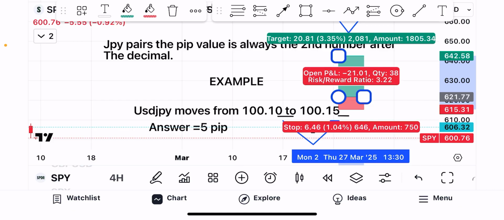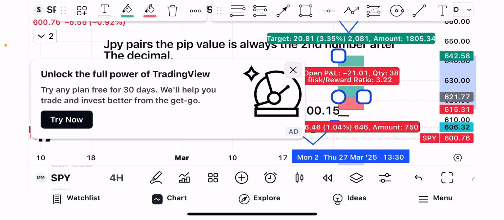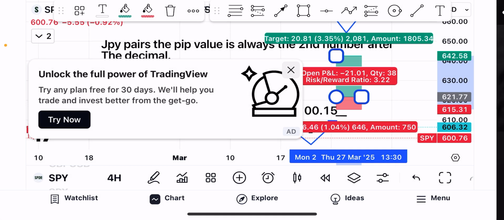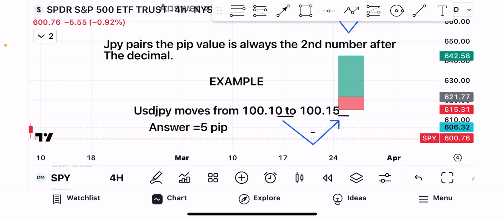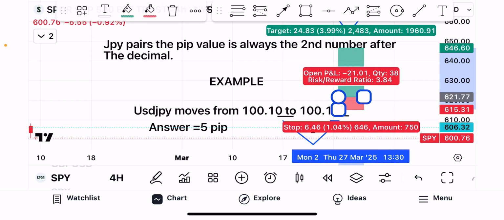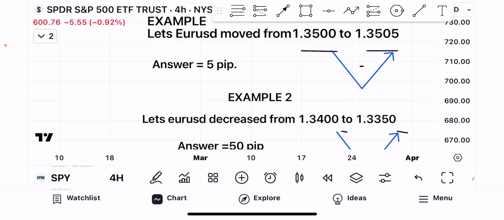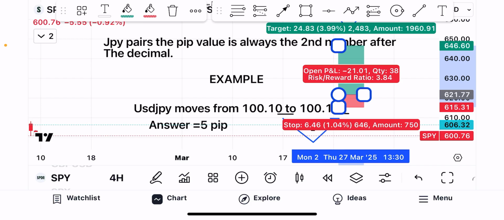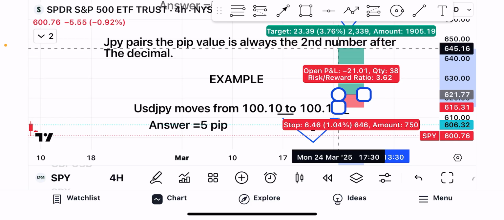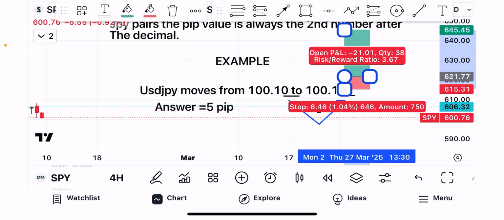Your target is 20. This one is 6. If you look at the green side at the left-hand side, you will see something like 2,081. They just calculated it for you and now give you 20. Did everything for you. So that is the easiest way to calculate it. But this is the manual way. The teachings are the manual way to do it, so that you will know what you are doing. But this one is just the easiest way. Just use your tools and calculate it. It will calculate for you how many pips you are getting. So that being that,